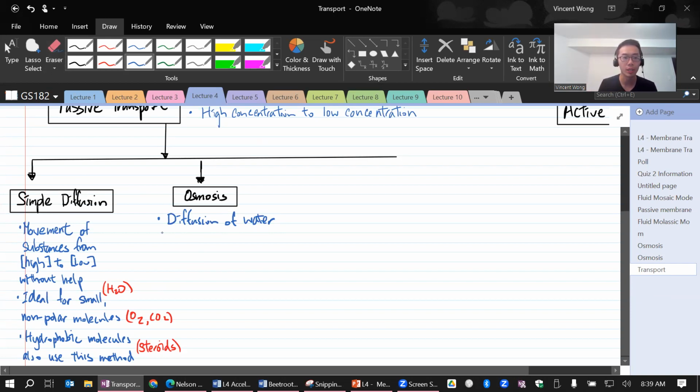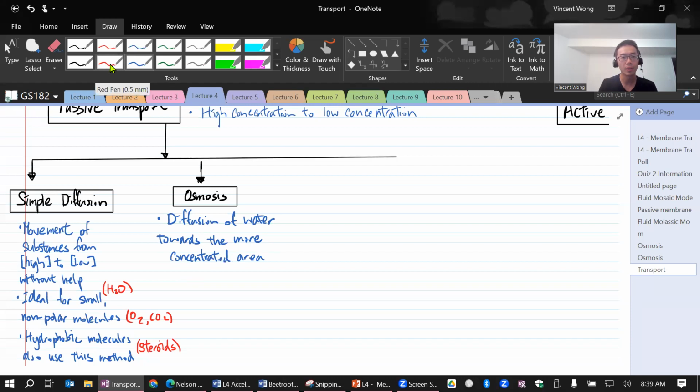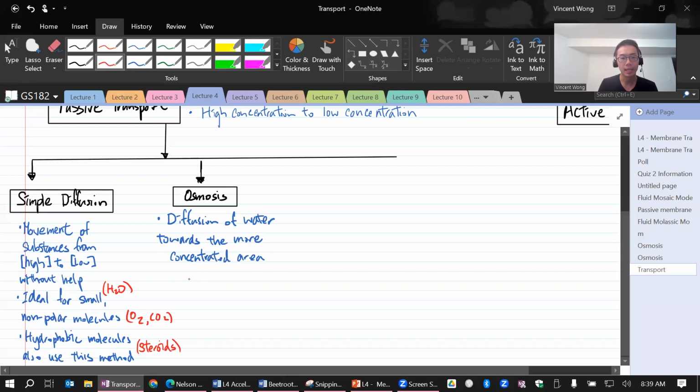Diffusion of water towards the more concentrated area. What you can think of is the isotonic,